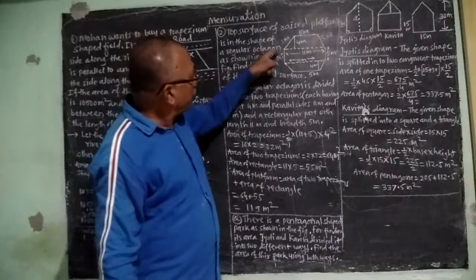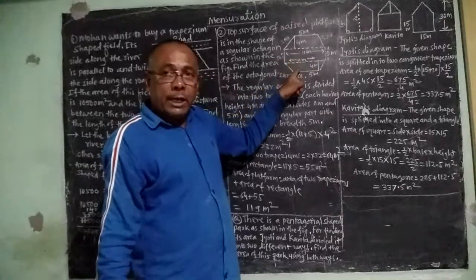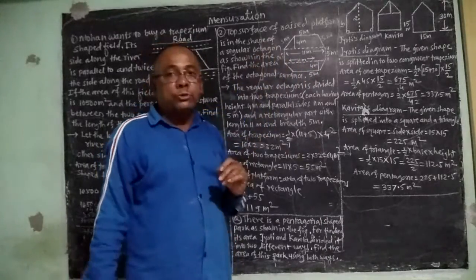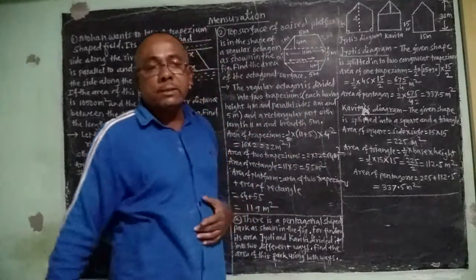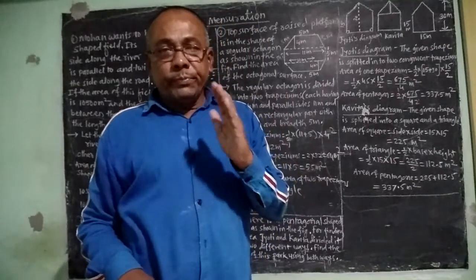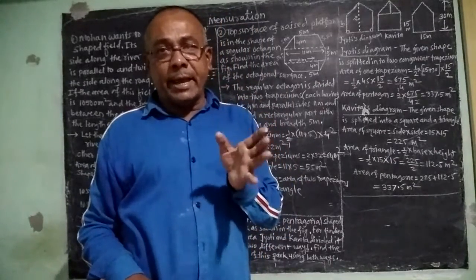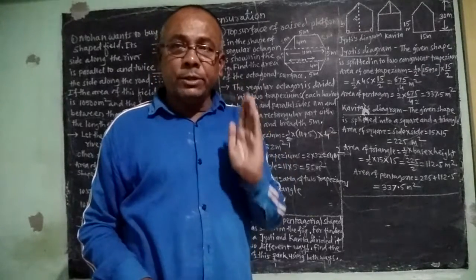Due to these two dotted lines, we also get one rectangle having length 11 meter and breadth 5 meter. If we find the area of each figure and add them, we will get the total area